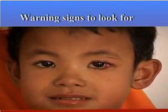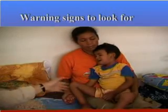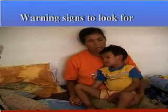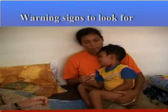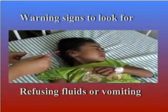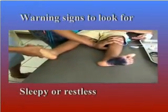It's important to remember that the risk period is especially high in the first 1 to 2 days after the fever subsides. This is known as the critical period. The warning signs include refusing to accept oral fluids or vomiting, a sleepy or restless child,